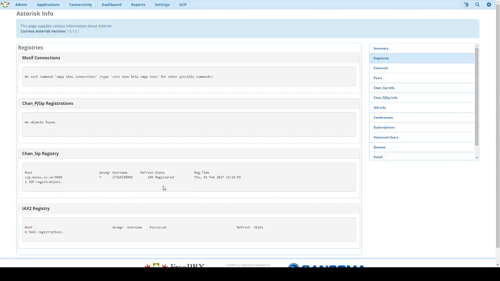We now need to add an extension, because at this point, if somebody were to call this number, nothing would happen. The PBX doesn't know what to do with it. It's registered, and that's all good and well, but it still doesn't know where to send the call to. This being a PBX, we need to have extensions. So you normally have your sales extension, your support